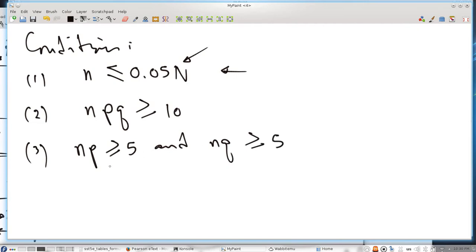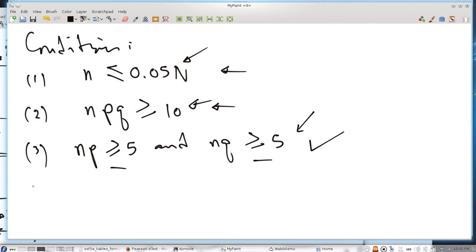Now these two conditions must be satisfied at the same time, not just one, but both of them, in order to confirm that the data has a normal distribution. Now you see, this is what we call a minimum testing. Sometimes this is a general passing condition. This is a strict passing condition. Sometimes if the data fails this condition, it may pass this one. So this is what we call a minimum passing.